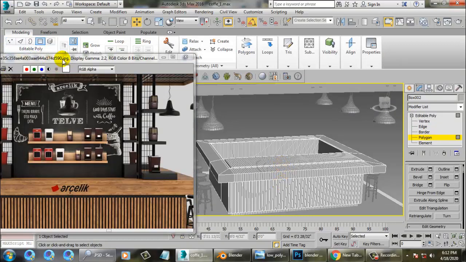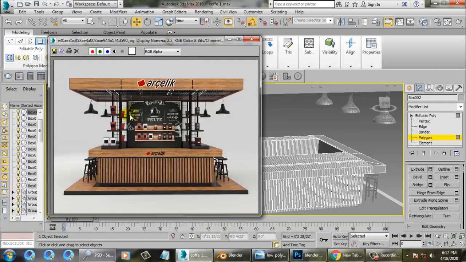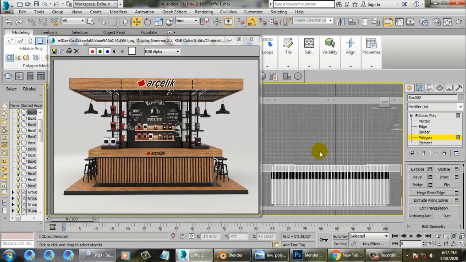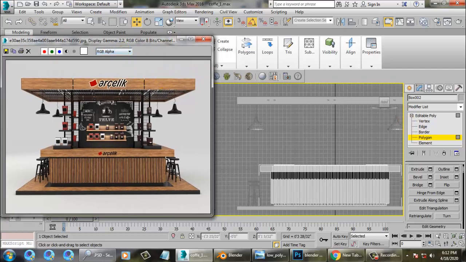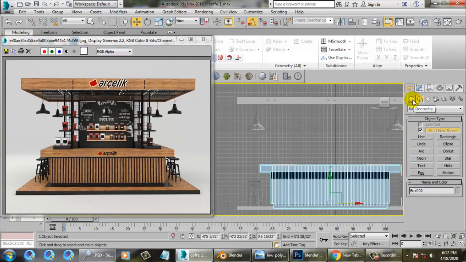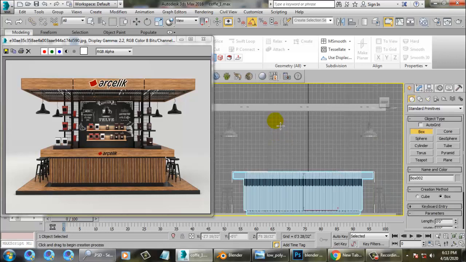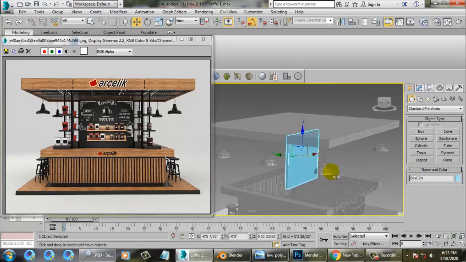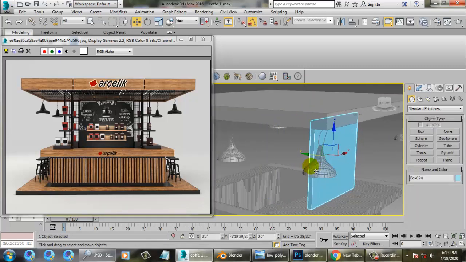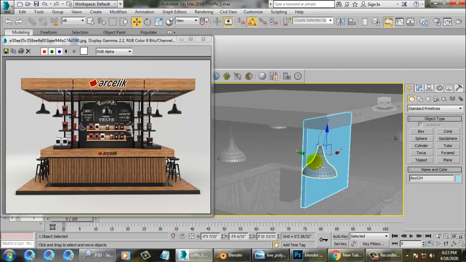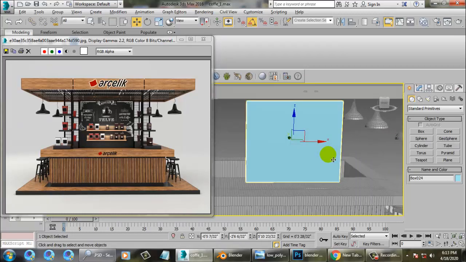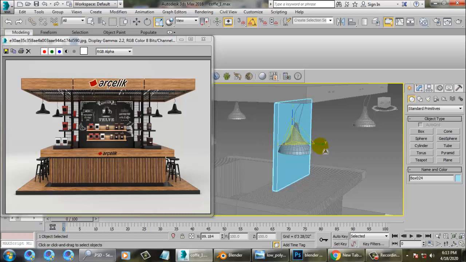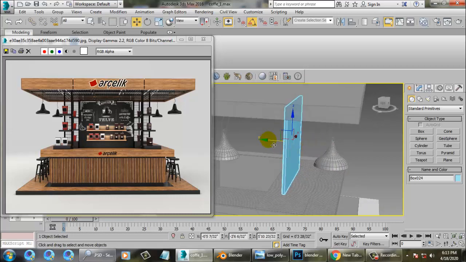Now I need this stuff. Before that, I'll go back to the front view and take a box covering this much area, and place it like this till here. I'll scale it a bit and push it a bit back.